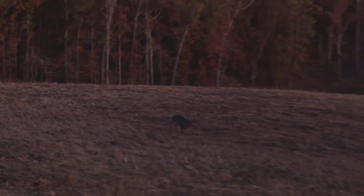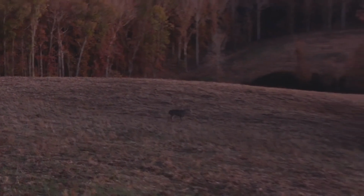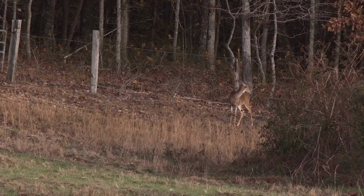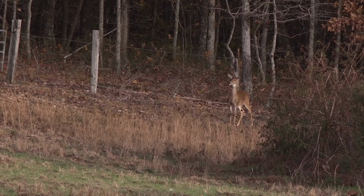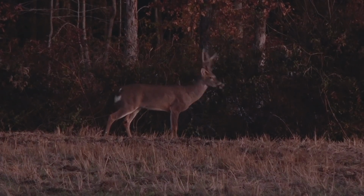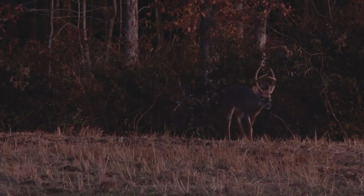Well, we're running out of light pretty quick now. Thought we were going to get skunked. I was actually about to do a closing interview whenever Cody spotted a doe. And she was acting all squirrely. Figured there was a buck behind her. Then another doe popped out, and I guess they were out there feeding in the food plot for probably 10 minutes. And then finally a buck came out. Just wasn't one of the bucks that we were looking for. Pretty buck, real tall 6-pointer, but